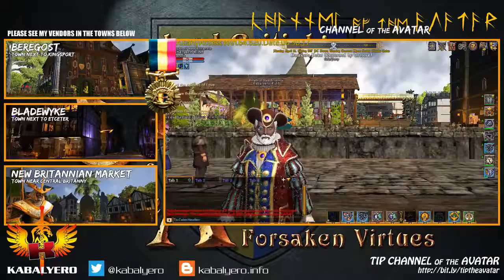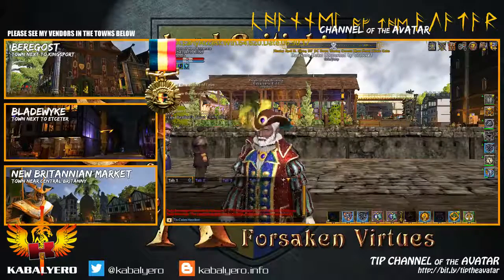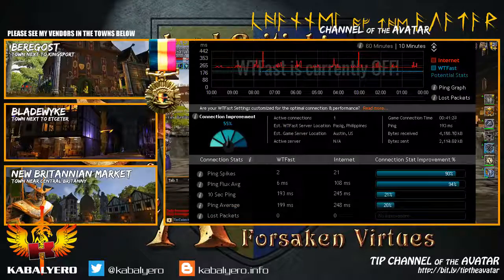So let's take a look at WT Fast first. Let's see what's happening. And there you go, look at that. Again, WT Fast is not active. It's currently off because I don't have a subscription. But if I have a subscription, then look at the connection improvement that I can get. In fact, I had to use WT Fast back in April, last week of April. I paid like $5, and I only used it for 5 days because my ISP was having problems with their internet service. I couldn't play Shroud of the Avatar because I kept getting disconnected, but thanks to WT Fast,